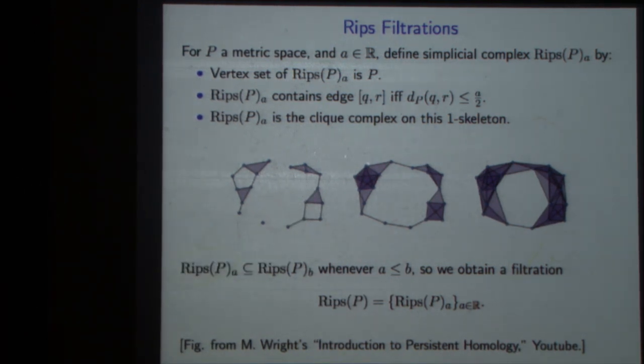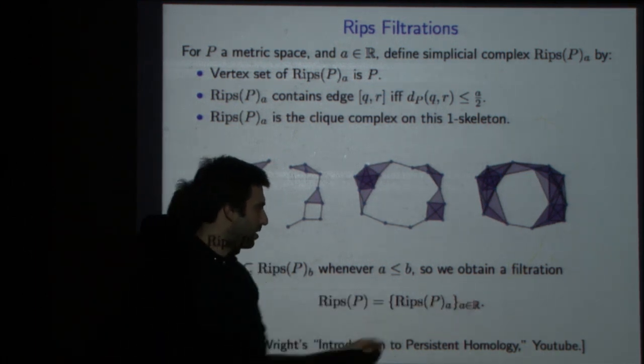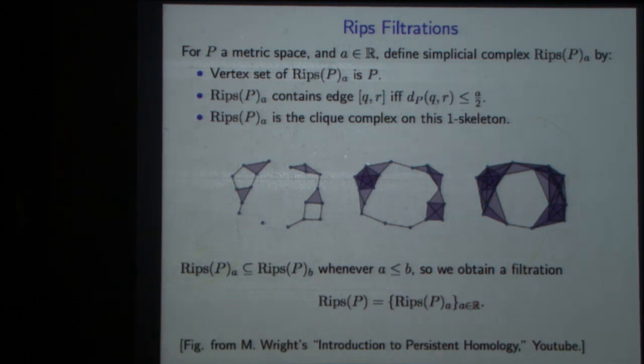Okay, well, so if I increase A, then I allow myself to connect more edges, and my one skeleton grows, so my clique complex grows, and this tells me that the collection of all these guys, Rips P_A, as A ranges over the reals, gives me a well-defined filtration. It gives me this growing family of simplicial complexes. Okay, and this is how, in this persistence world, this is the most common way of going from the discrete data set with a notion of distance to some continuous object where it can start to apply methods designed for continuous objects,